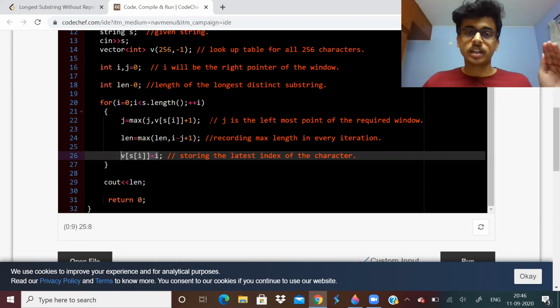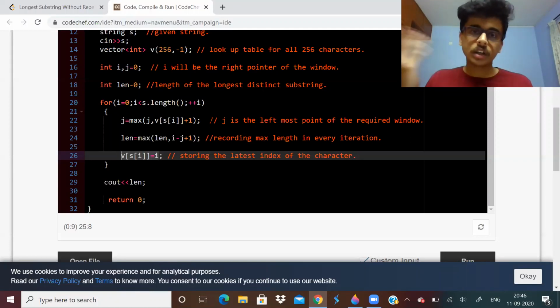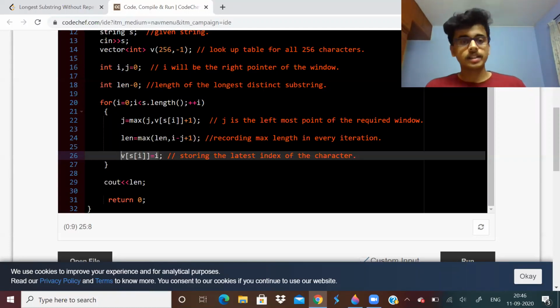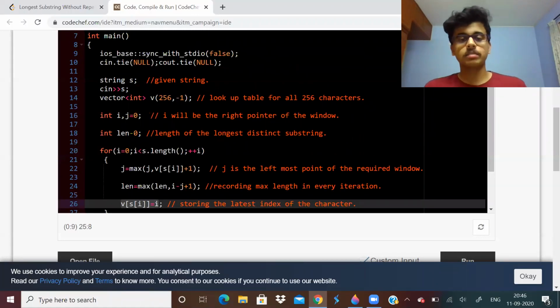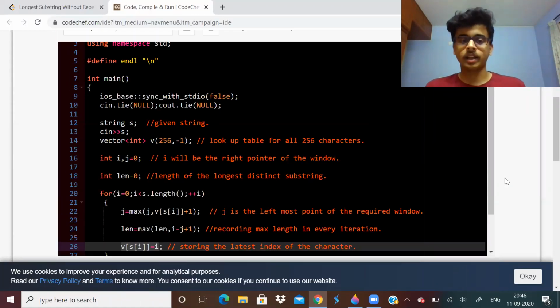Once j value changes, it will shrink. So the window size increases, shrinks, increases, shrinks, like that we keep maintaining. In this way, we can do it in O of n time only. This is a very good method, the best method, and use this only in all the programs.